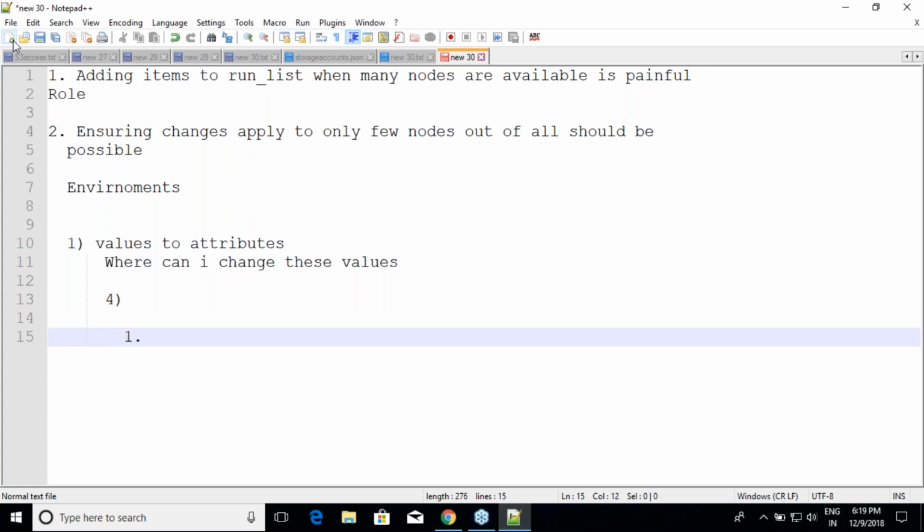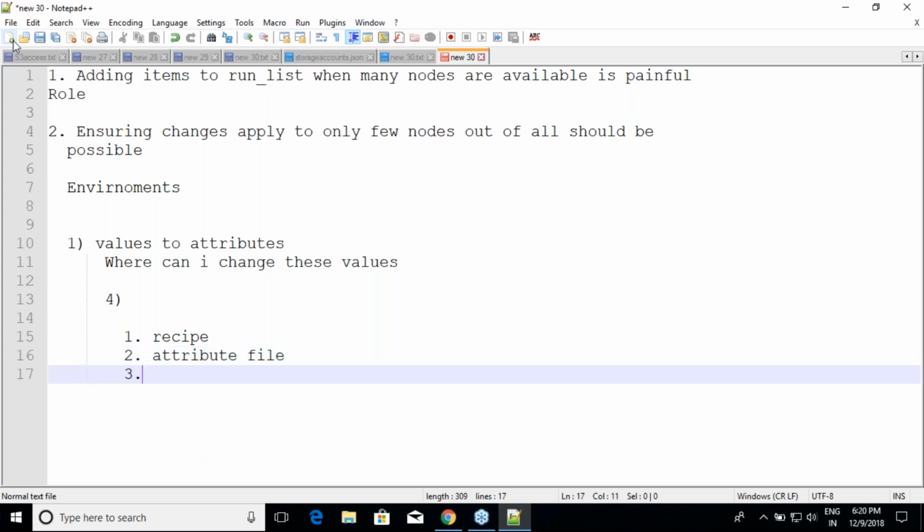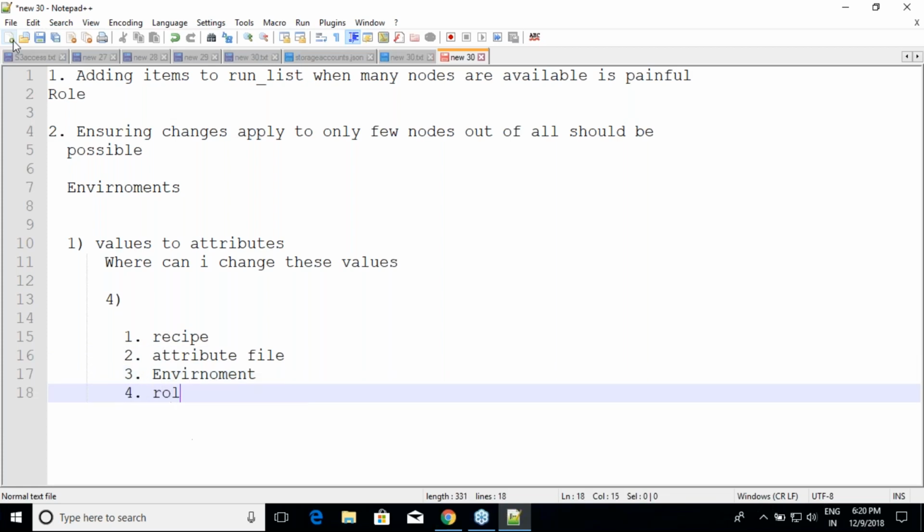The first one is recipe. In the recipe, you can have a value of an attribute. Second one is attribute file. The third one is environment, and the fourth one is role.